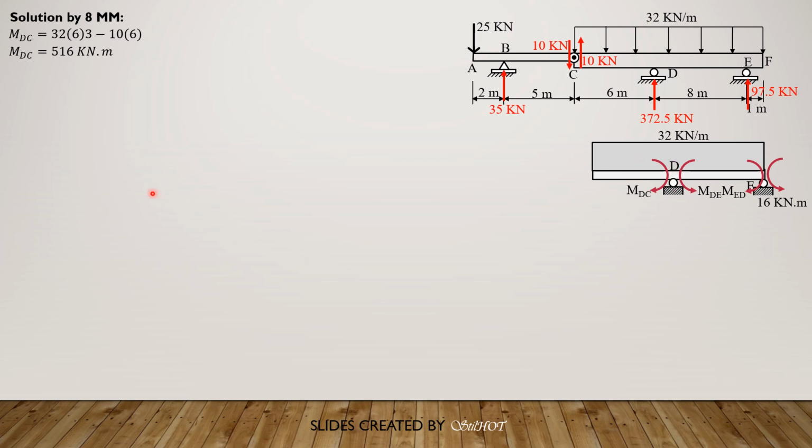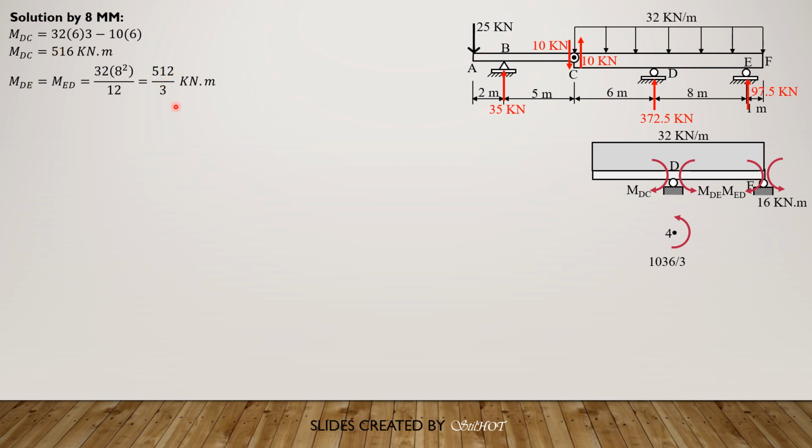Then MDE is equal to MED, and it is equal to wL squared over 12. So 32 times 8 squared over 12. Then 512 over 3 kilonewton meter. So if this is node 4 and node 5, then at node 4, the loading here should be MDC, which is 516, minus MDE, 512 over 3. If it is positive, then it should be applied counterclockwise. So it is positive, it is 516